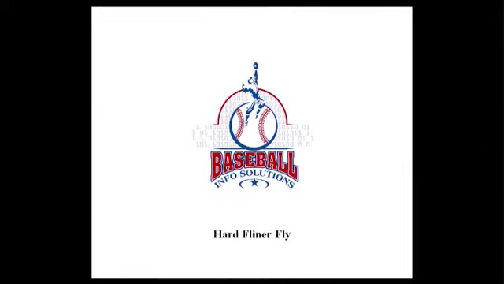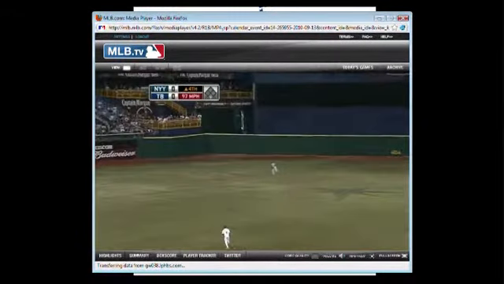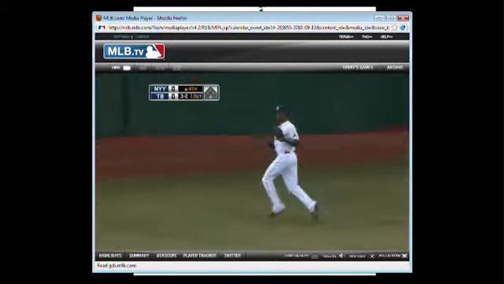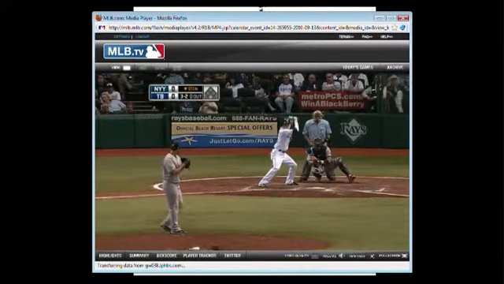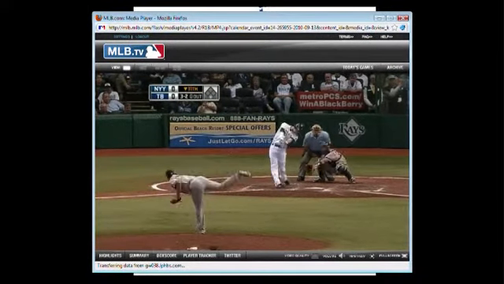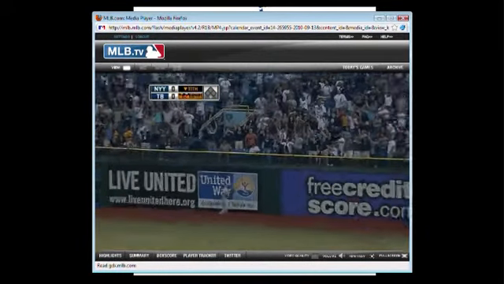That's good. Back into center field, upped it to its right. Not a great read and makes the catch. There's a changeup, split. And a high fly ball, hit deep to right. Curtis